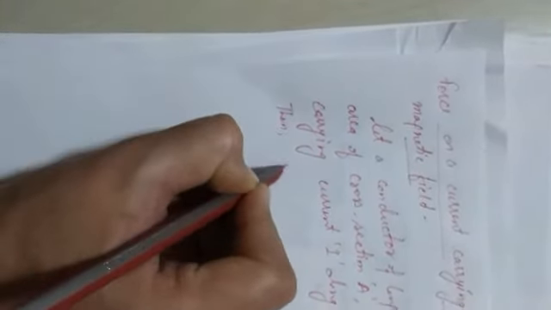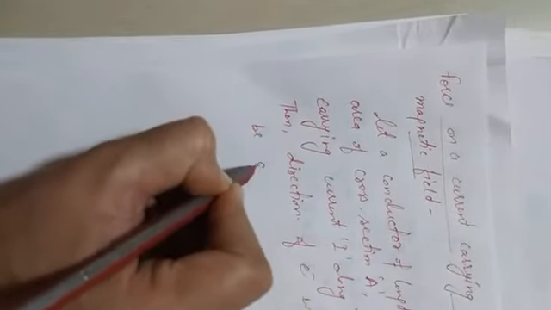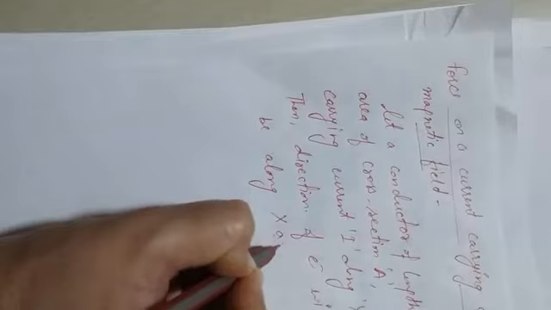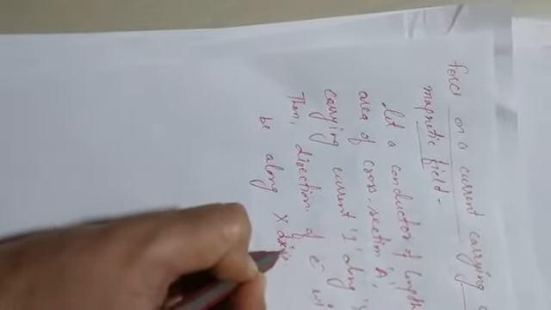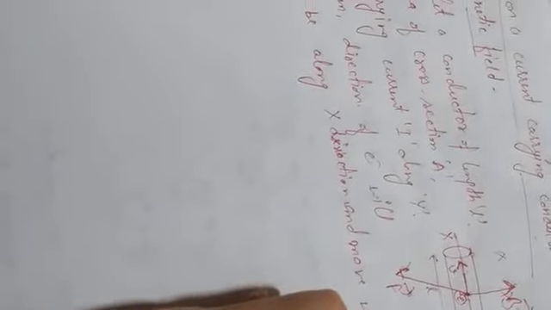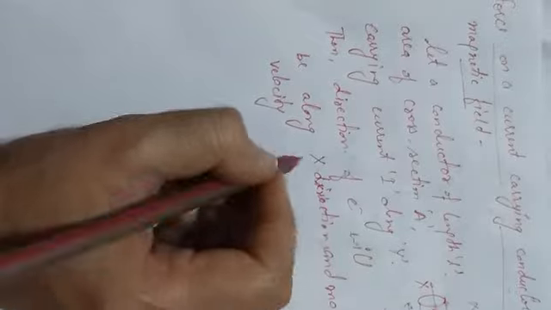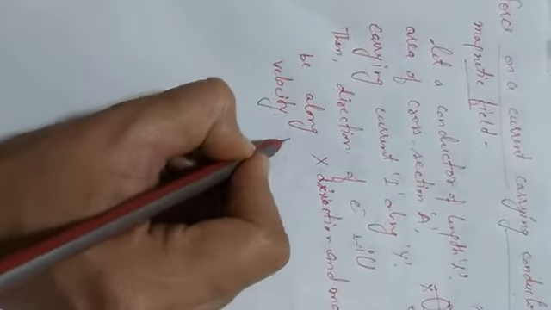Then the direction of the electron will be along the x-axis, x direction, and it moves with drift velocity. In the second unit you have done already: what is drift velocity? That is the velocity taken by the charged particle in the conductor. Drift velocity Vd.